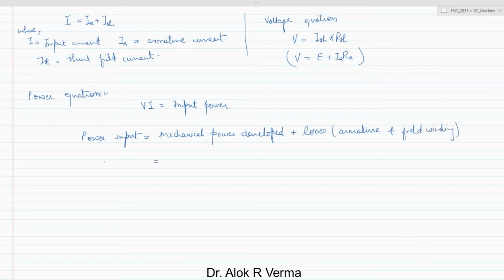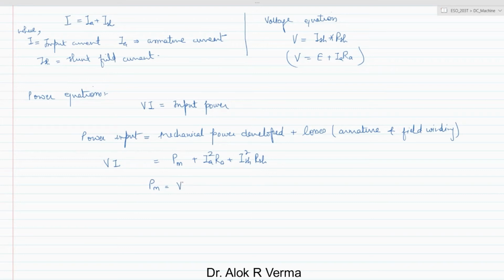So this VI will be the input power, and mechanical power equal to PM, and then we have losses. Losses means in terms of I square RA plus ISH square RSH. These are the losses, and PM is the useful mechanical power, right? So it is basically the difference. So you can calculate from here, the PM, the mechanical power, will be nothing but